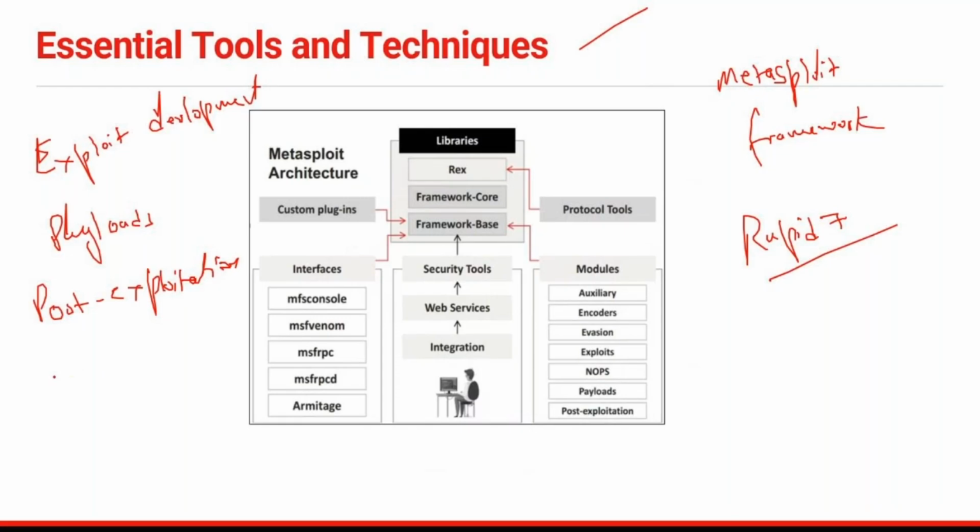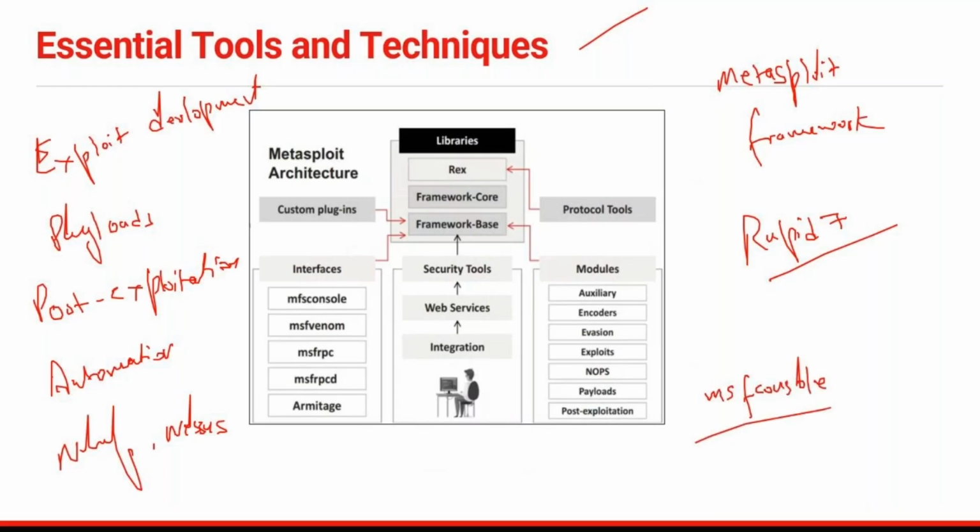Then we have automation. So it supports scripting and automation for large scale security assessment. So if you want to run your scripts, you can run your scripts as well. And it works with tools like Nmap, Nessus, Burp for comprehensive testing, right? And the command to start the Metasploit framework is always msfconsole, right? So if I show you,